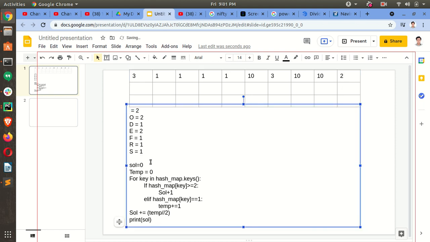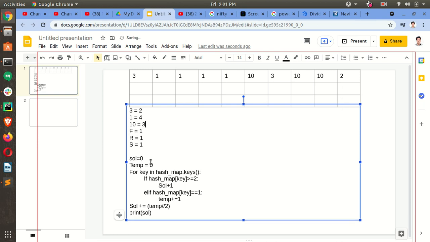And now count of 3 is 2, count of 1 is 4, count of 10 is 3, and count of 2 is 1.